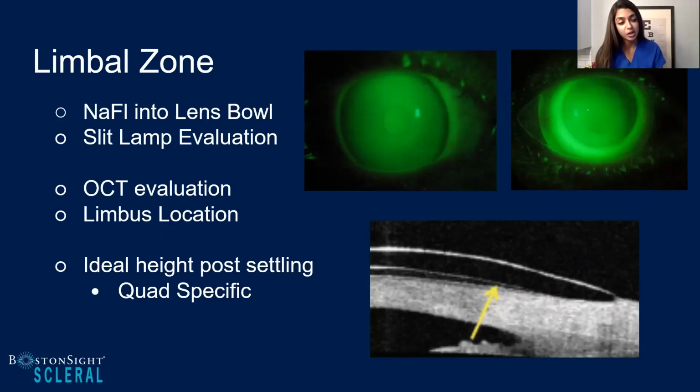I agree. What else is also interesting is we know that gravity plays against us. And so oftentimes scleral lenses, with the way they settle, tend to be inferior temporal. And so really evaluating the limbus in all positions. It's not just superior, temporal, nasal, but also all 360 degrees. And the beauty of the Boston Sight Scleral is that you have quad specific zones that you can really manipulate. And for me, I will sometimes forego slightly higher inferior limbal vault as long as I'm verifying that I'm not doing more harm, just simply because I know gravity is working against me.